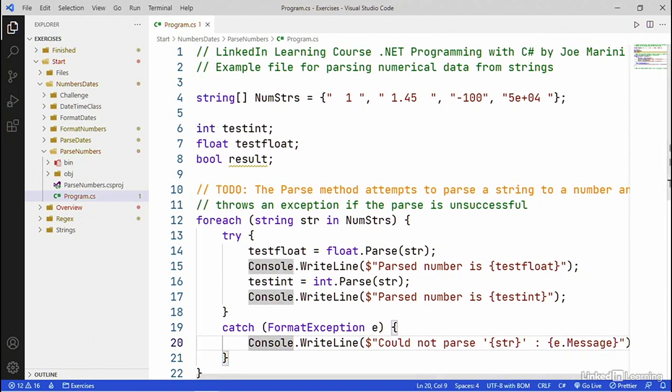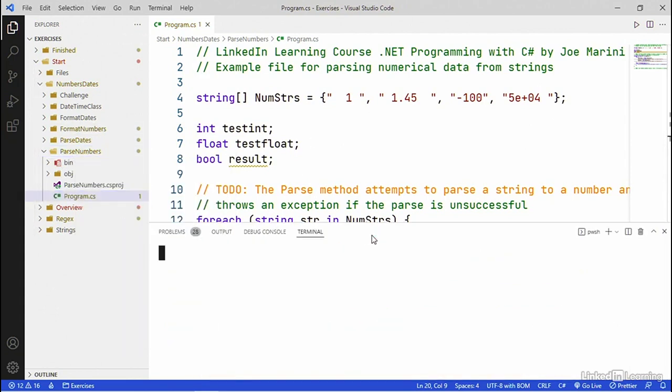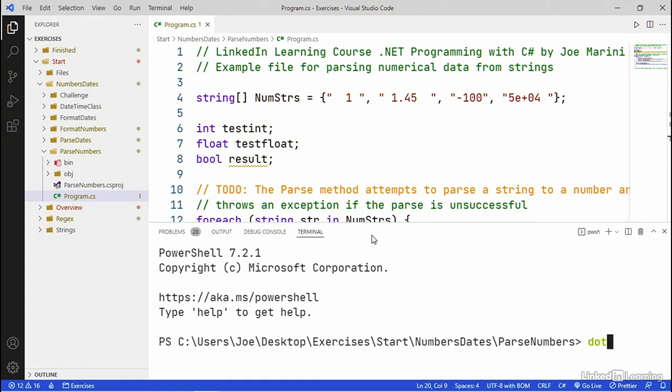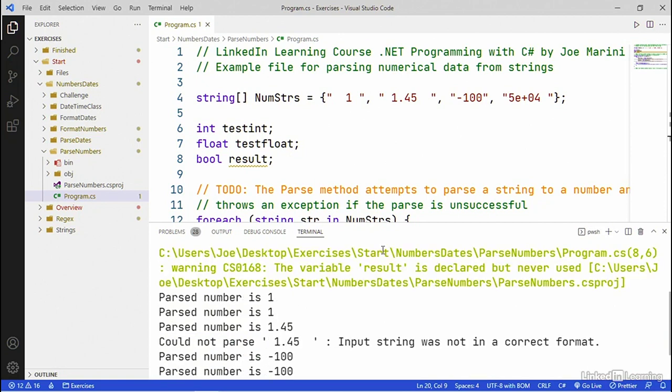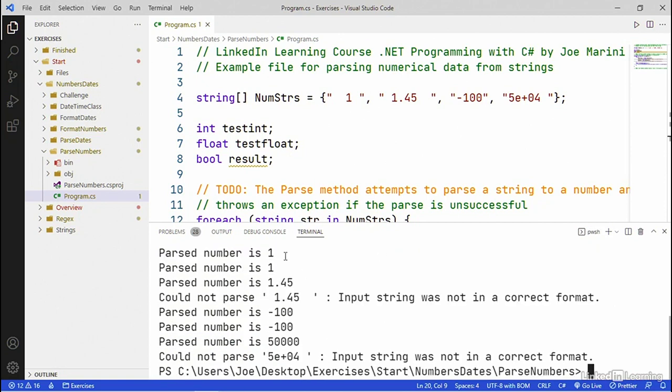So let's go ahead and run what we have. Let's open this up in the terminal, and we will dotnet run this. And you can see that each of the numbers can be successfully parsed as a float, but not as an integer. So the 1 worked in both cases. The 1.5 is a floating point number, but could not be parsed as an integer. 100 is clearly an integer. And then the 5e+04 scientific notation could be parsed as a float,